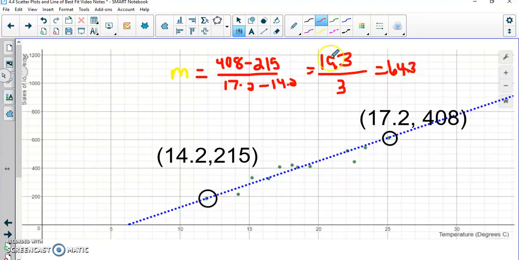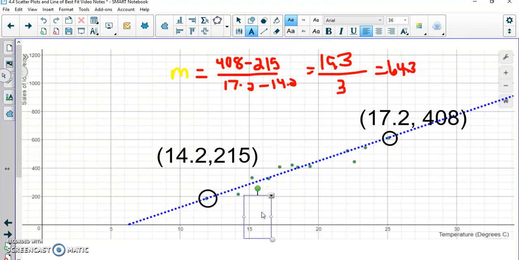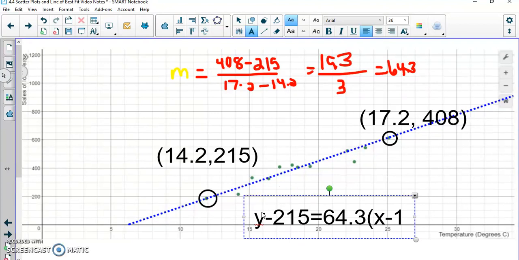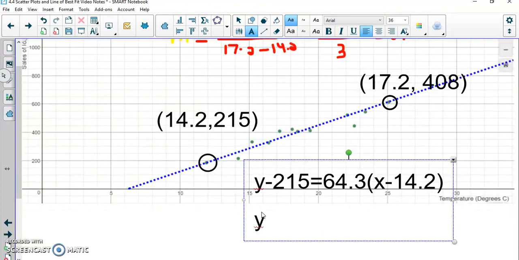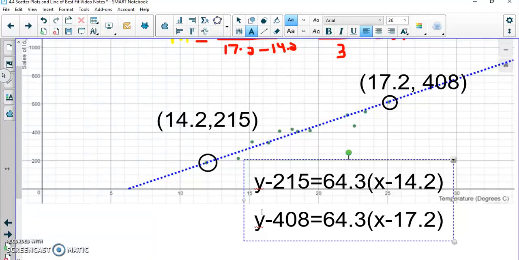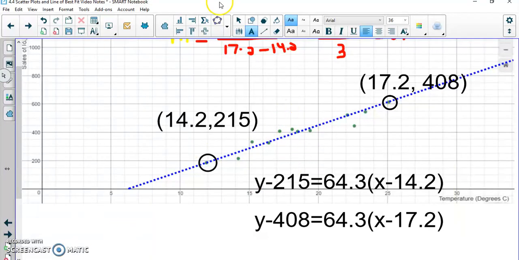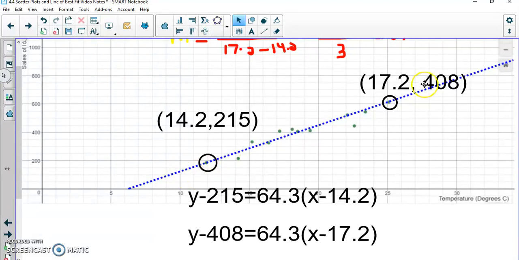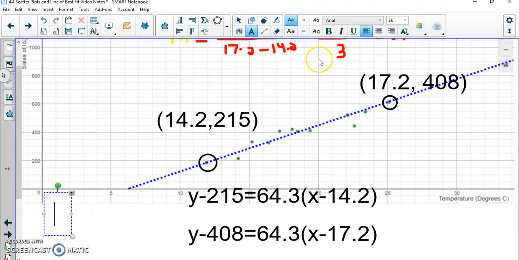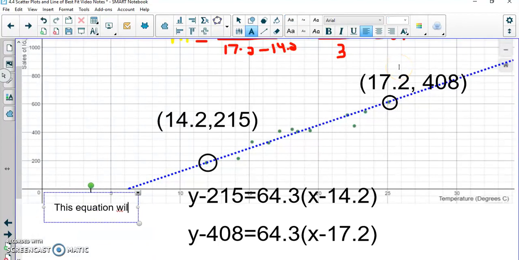So now I have a point and I have a slope. One equation I could write would be something like y minus 215 is equal to 64.3 times x minus 14.2. Another one I could do using the other point, y minus 408 is equal to 64.3 times x minus 17.2. But the idea is I've now taken the data and I've plotted it and approximated the equation of that data. So to summarize for today, this equation will model how much money in ice cream we will sell